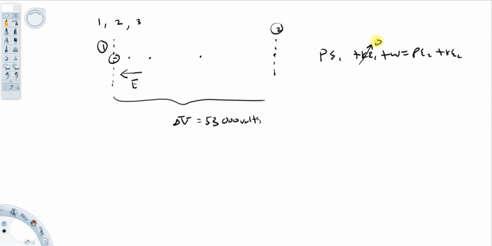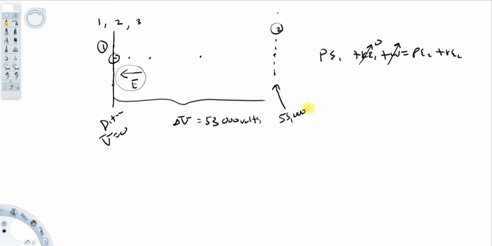The work term is 0 because the only force acting on this is the force produced by the electric field, and I'm going to take that into account using electric potentials. Now, you can always set a datum in these problems. We'll put the datum here. So what we're doing is we're saying that the electric potential here is 0, and that makes the electric potential here 53,000